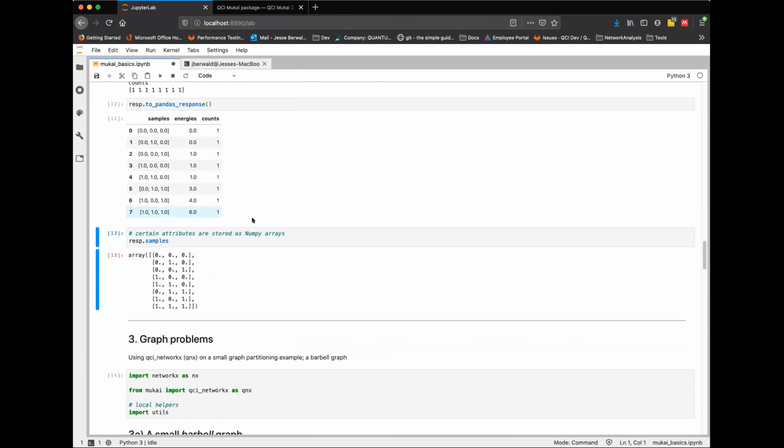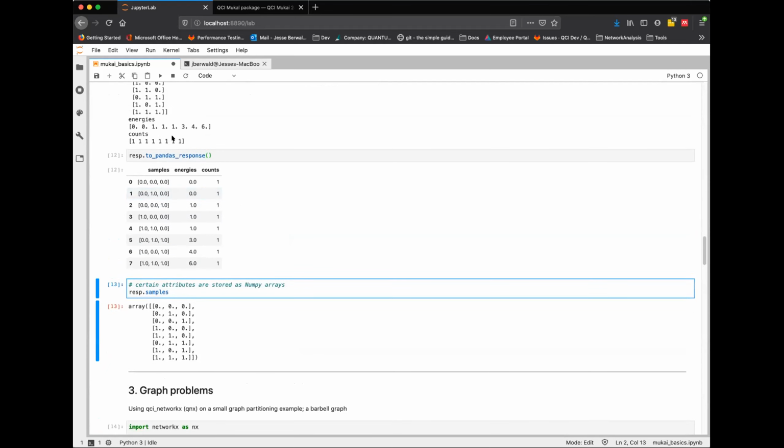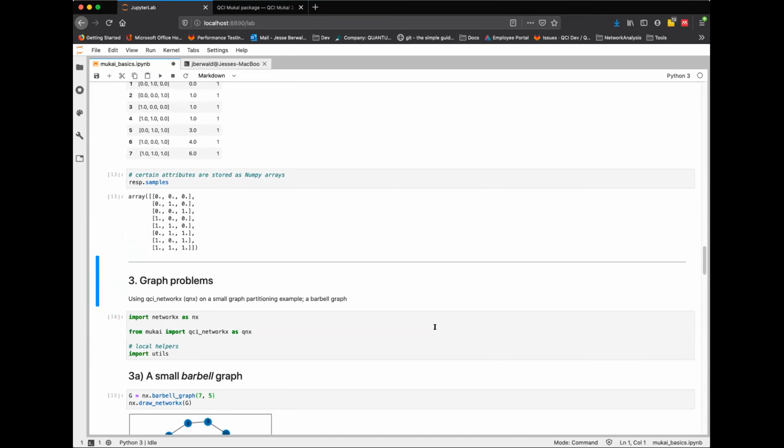There's another thing to point out with all of these. The response that we got back is an object, and it contains various things. The energy is actually an array. What you see printed out here is counts are arrays and energies are arrays. So I'll just print out the samples. It's a 2-dimensional numpy array. So another way to do statistics or various things is just to slice that up if you're familiar with that. Hey, Jesse, yeah.